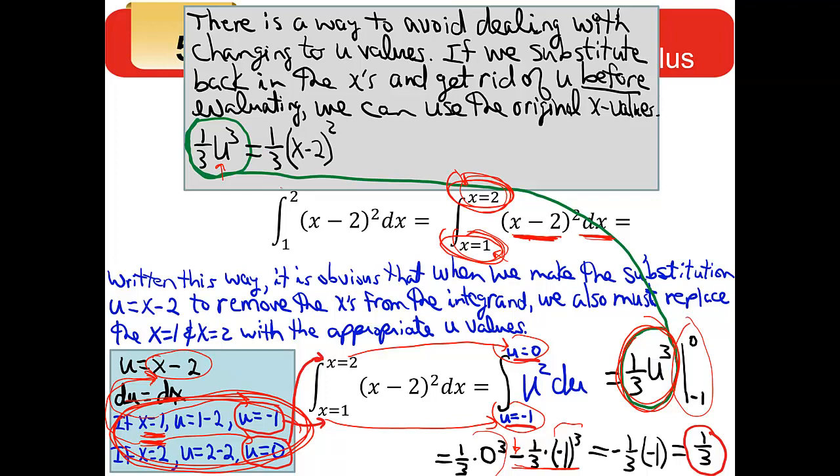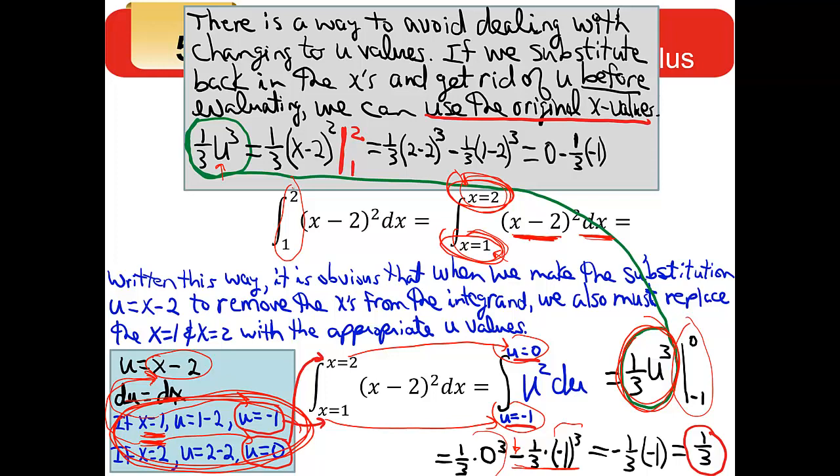And if you do that, you can go back to the original x values and evaluate from 1 to 2 instead of evaluating after we changed before. So that's an option. And if you plug in a 2 and do the calculation, then plug in a 1 and do the calculation and subtract the two results, you'll get the same answer. It's just a matter of which you prefer. So my suggestion is to